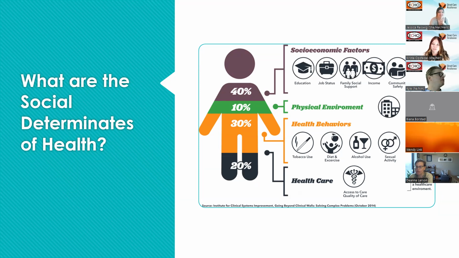So according to the Department of Health and Human Services, social determinants of health are the conditions in the environment where people are born, live, learn, work, play, worship, and age that affect a wide range of health functioning, quality of life outcomes, and risks. And these social conditions really play a significant role in shaping health outcomes and disparities, whereas actual healthcare only contributes about 20%. And I think recent studies are saying healthcare may even be as little as 10% of determining your overall health.